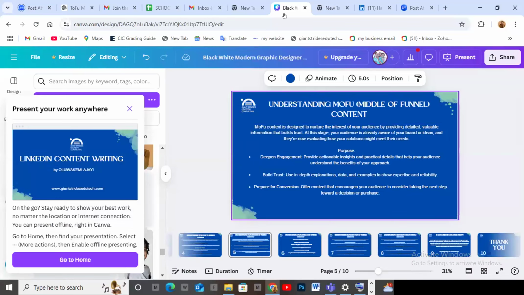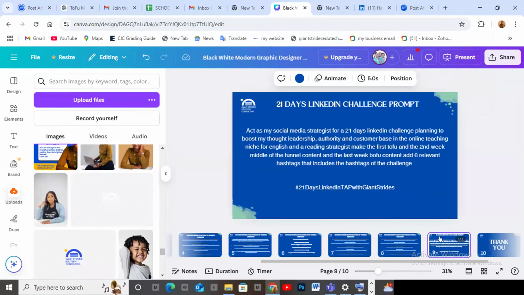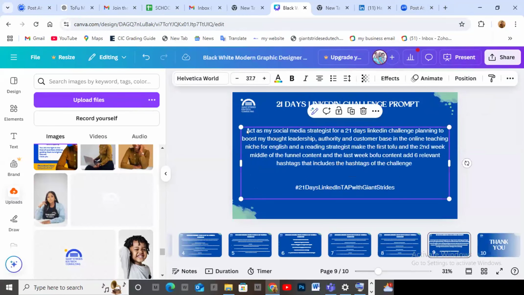Let's go to ChatGPT. So you can see this is my Canva, and I presented using Canva. So you can also start teaching people something and charge for it. Go to ChatGPT. Since I'm on Canva already, let me just copy from here. I click on it. Don't shift now. So I copy the whole thing. Let's see what